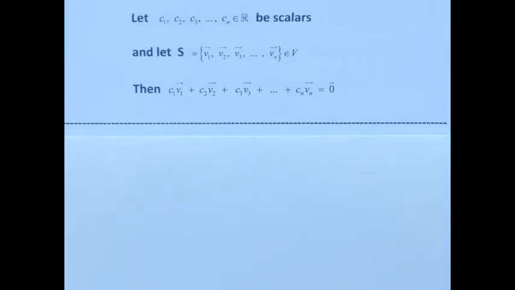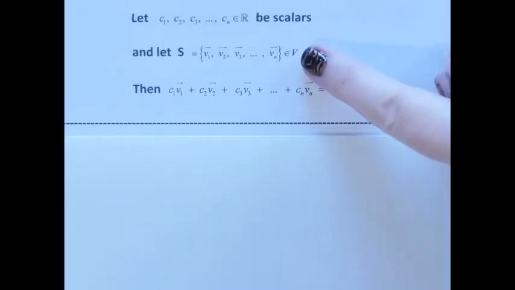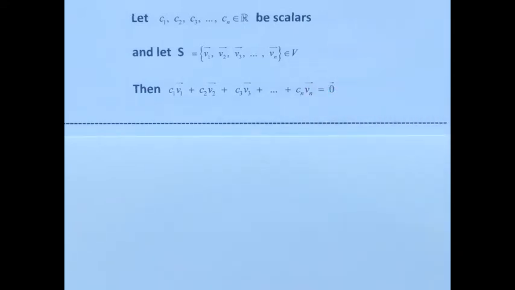Let C sub 1, C sub 2, C sub 3, C sub n belong to the set of real numbers, scalars. And let set S equal the set of vectors v sub 1, v sub 2, v sub 3, v sub n, which belongs to the vector space. Then C sub 1 times vector v sub 1 plus C sub 2 times vector v sub 2, plus C sub n times vector v sub n equals the 0 vector. Using this, we can describe